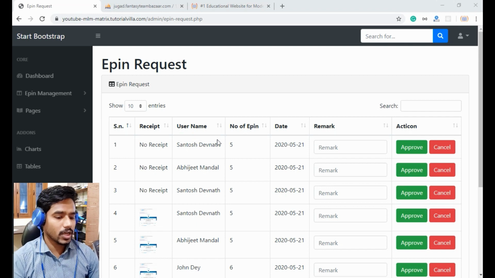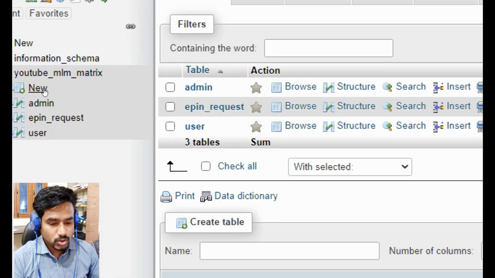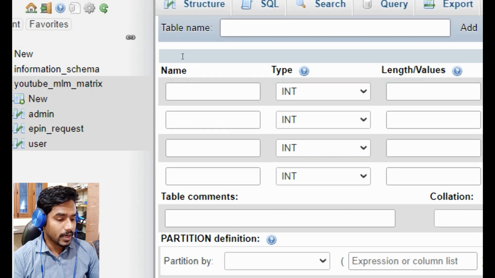So now finally we have completed our UI part. Now in this tutorial we will generate the epin for each epin request and insert it into a table. So for this we will create a table that will hold the epins. Click on new and create a new table like epin list,